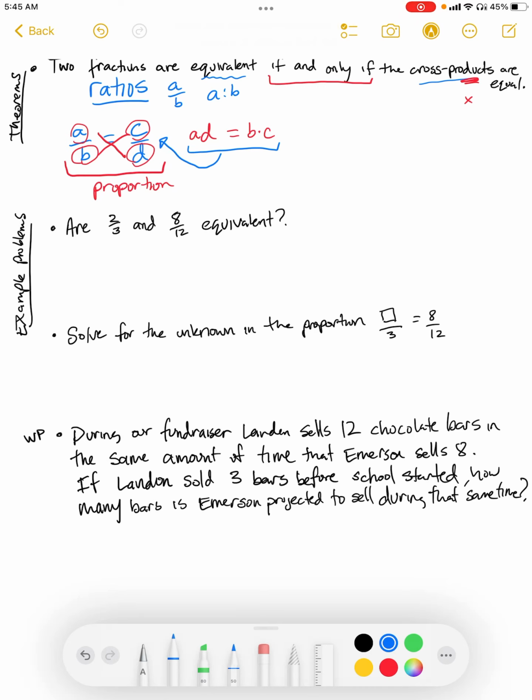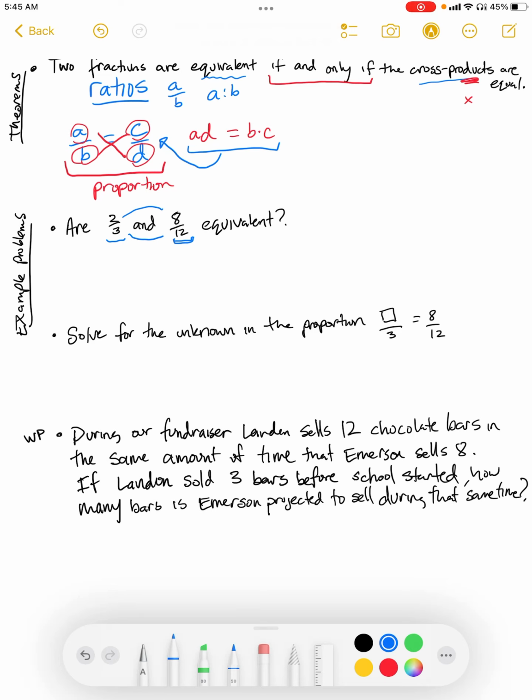Now, hopefully you have the tools to do this example problem without this trick. We either try to simplify the larger numbers, with the 8 over 12, try to find a common factor we can divide. I mean, there's no doubt about it. Or we try to see what we can multiply the numerator and the denominator by. Is there the same number we can multiply for both of these? And if so,